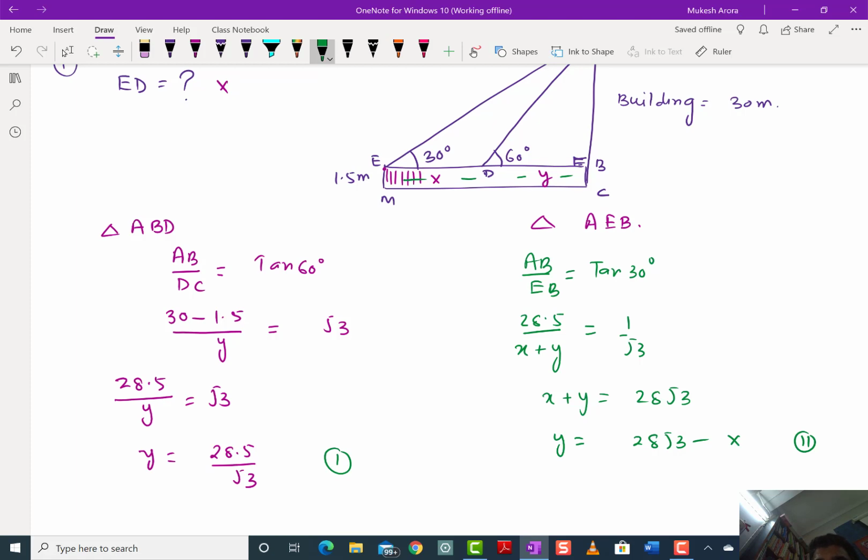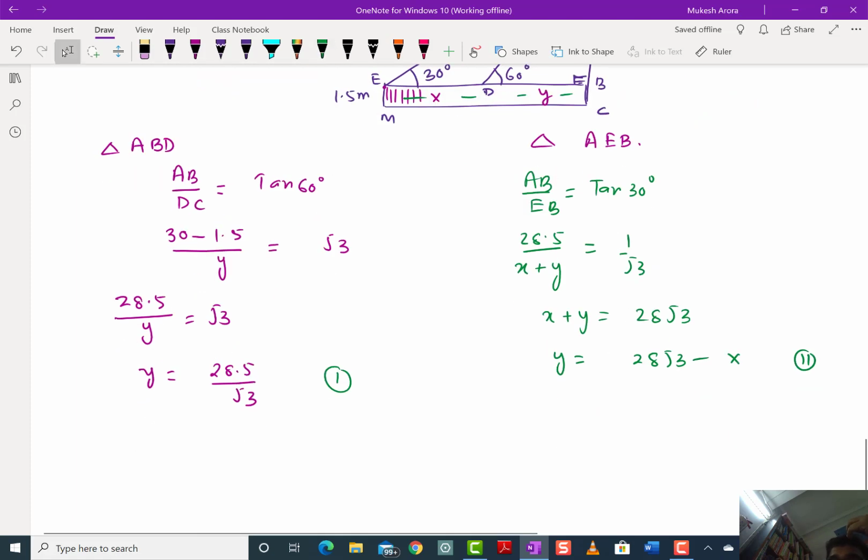What we will do, we will find that value which we don't have to find, meaning we have to find the value of X. So we will find Y from both the sides. When we equate, Y will get eliminated and we'll get X. So again we'll find the value which we are not supposed to find. From 1 and 2, 28.5 root 3 is equal to 28.5 root 3